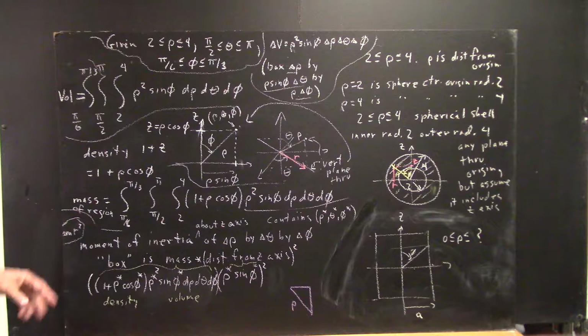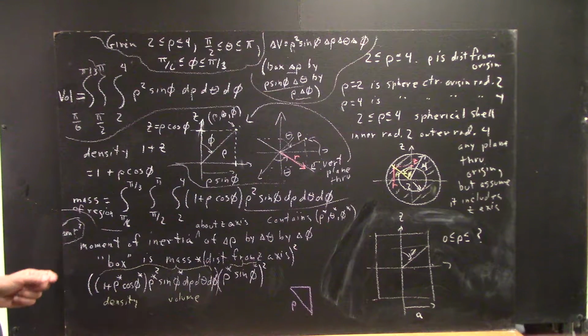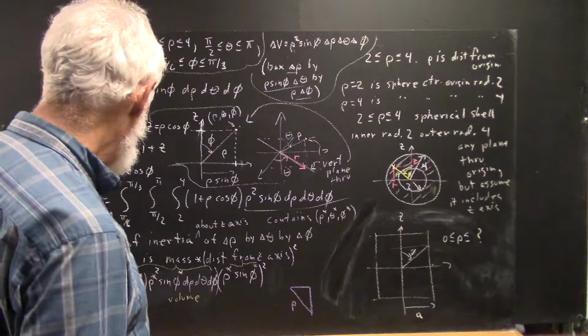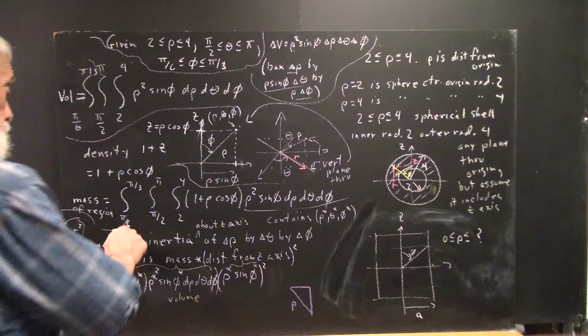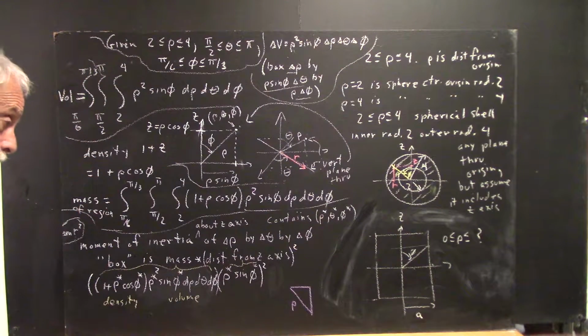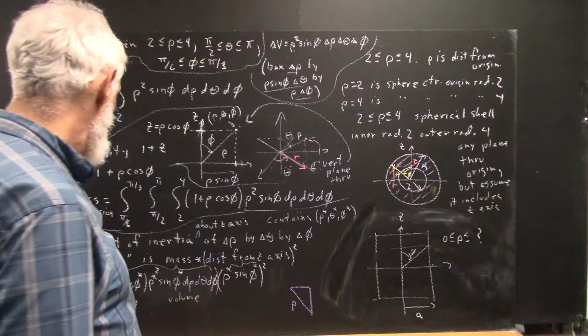Now that's written kind of small, almost as an afterthought, but we add up all the mass increments delta m, each mass increment multiplied by the square of its distance from the axis. Well, then the moment of inertia of your delta rho by delta theta by delta phi increment with this density function, we're just continuing the same region with the same description and now the same density function. The moment of inertia of that region about the z-axis is